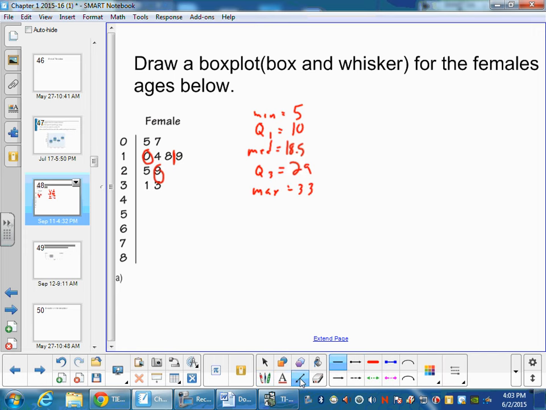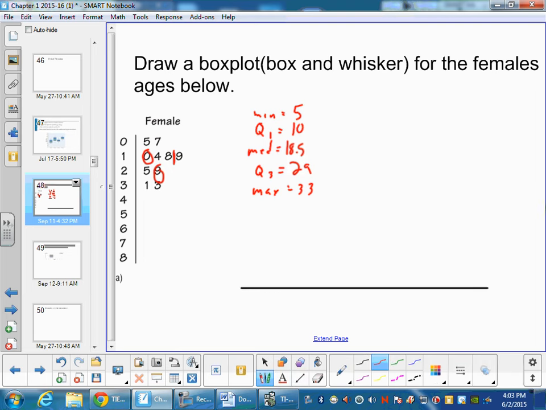Now that I have all of that data, first thing I do is graph a line, and I pick a scale that would work. We're going from 5 to 33, so I'm going to start at 5 and go up by 5s. And try to make these as evenly spaced as you can. So 5, 10, 15, 20, 25, 30, 35. And now that I have this scaled,